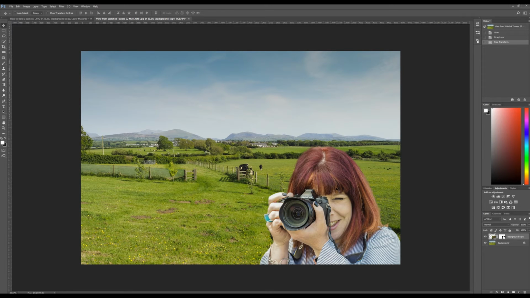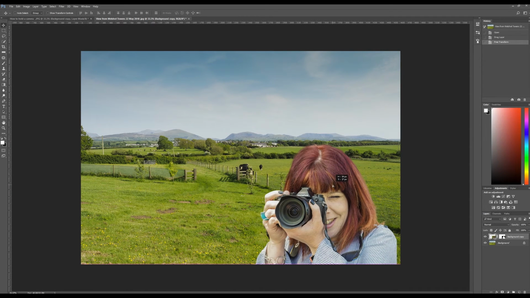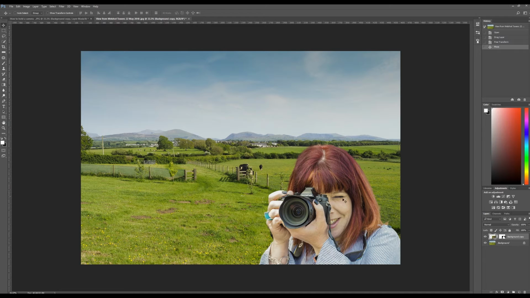It is possible to move Lindsay around the picture if you want to move her any way you want, because she's on a separate layer. So we'll just leave her there for the time being. And all that needs to be done now is to save the image, and that's it. So that's how to cut out and fine-tune your image with the Refine Edge tool, which is great for doing loose hairs and things like that